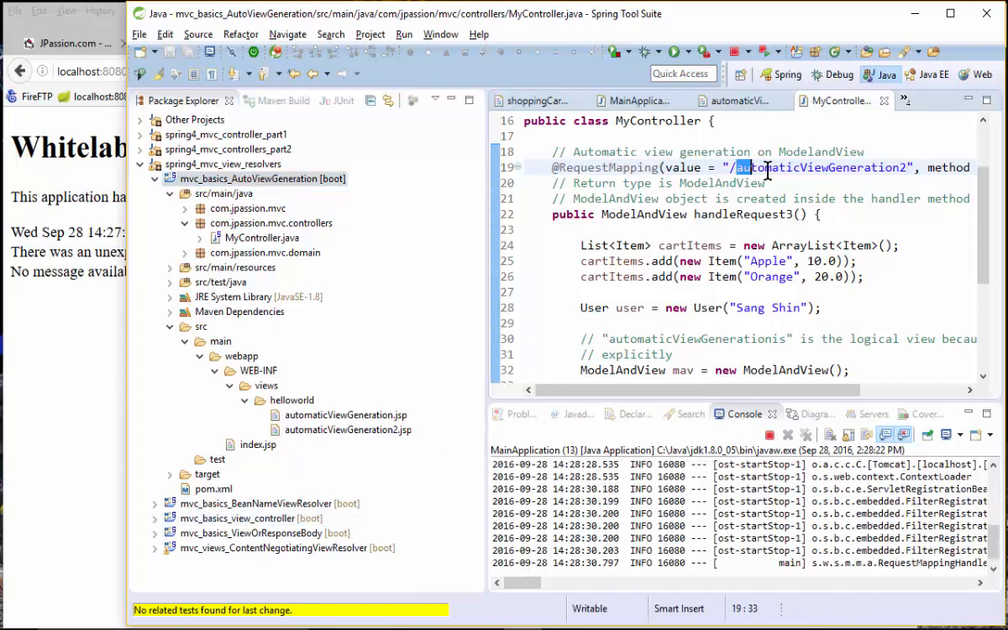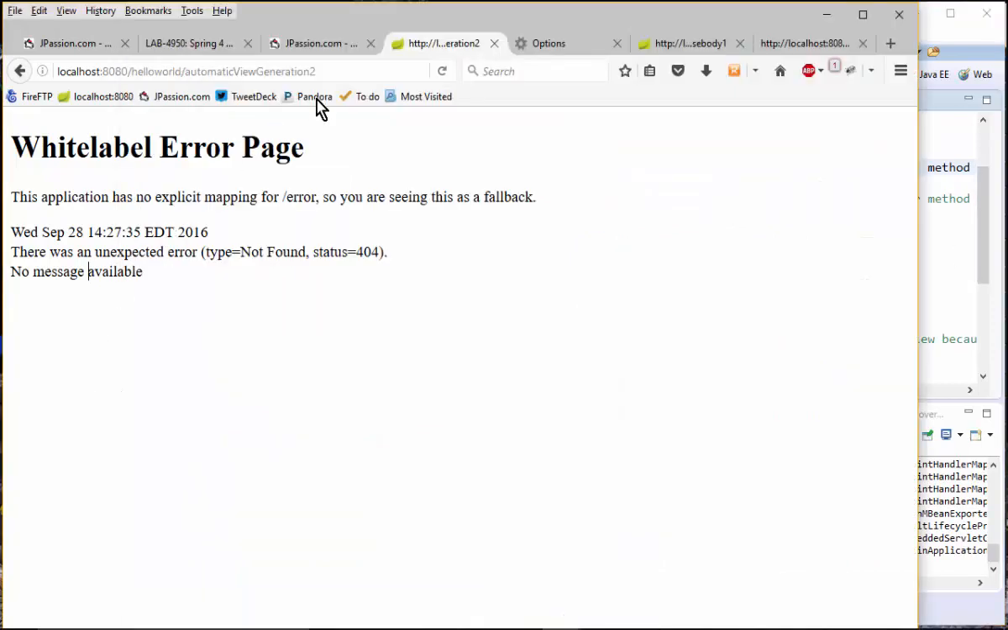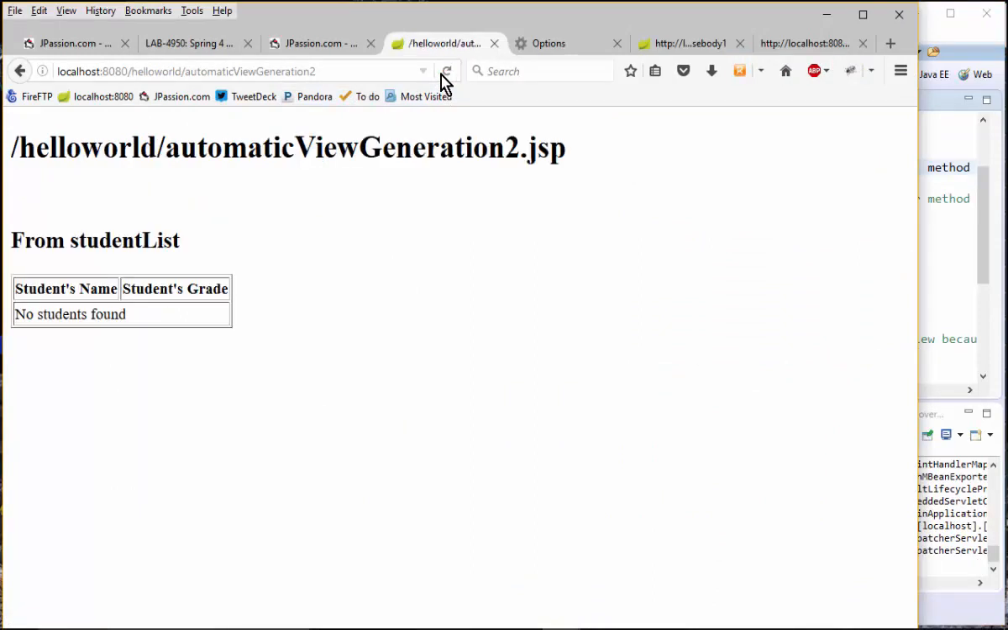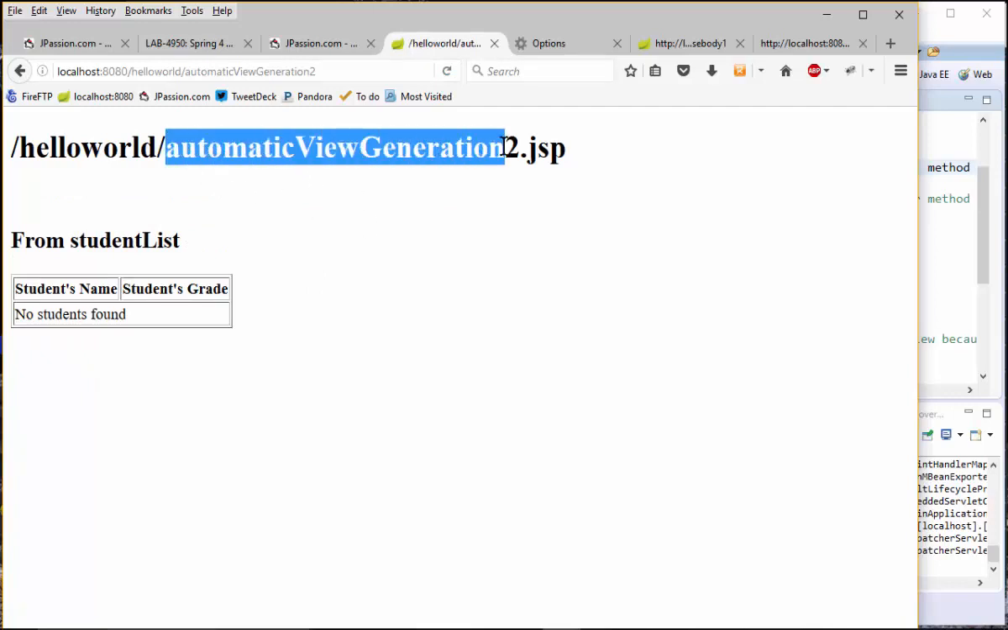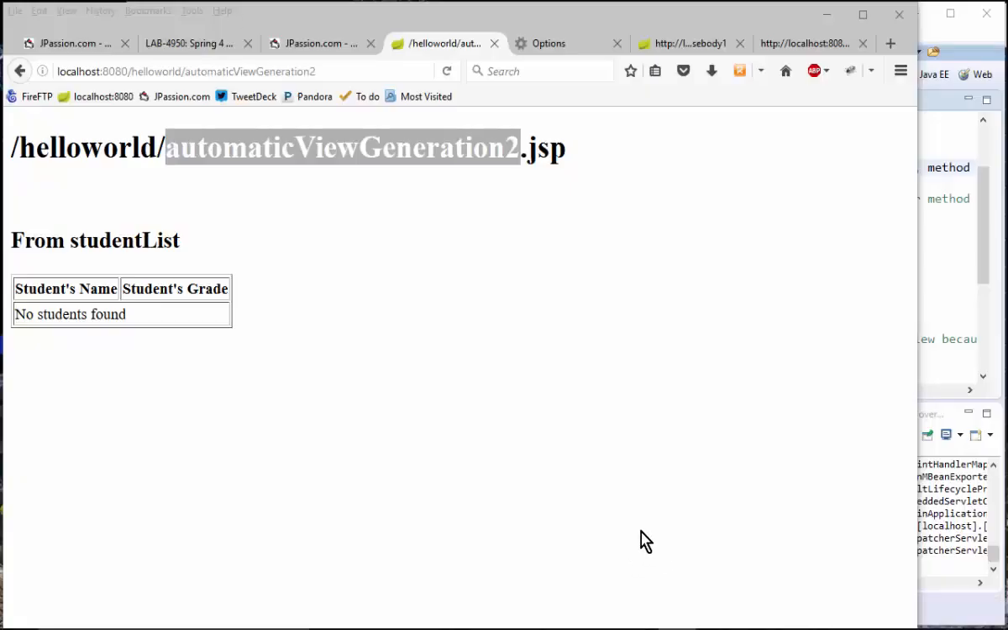This time it should select the automatic view generation 2.jsp page as a default, as an implicit view. So if I refresh this page, then it should work. At least it doesn't have any students found, but at least it actually goes to the right page. Okay, all right, so that is relatively straightforward. So I am going to just, oh, looks like I didn't stop it, so I'm going to just